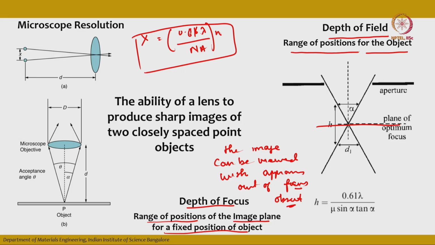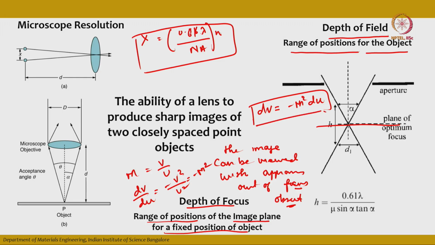So for example, you know that magnification is given by V by U, correct. Now if you differentiate this equation, then what we will get is dV by dU equals minus V square by U square, which equals minus m square, okay. So dV equals minus m square dU. Now what does it mean? dV corresponds to the shift in the image,